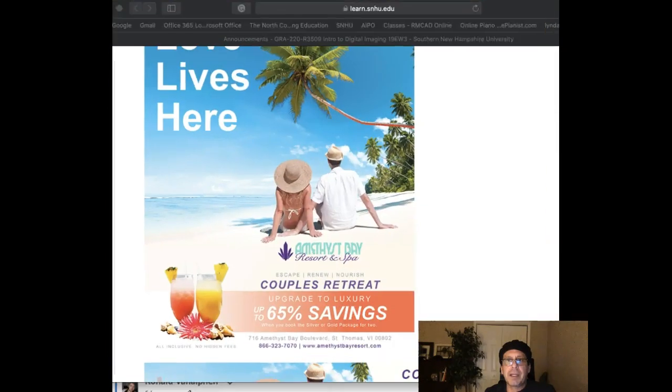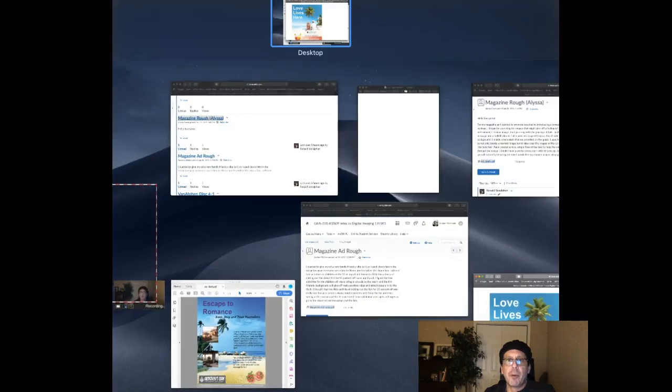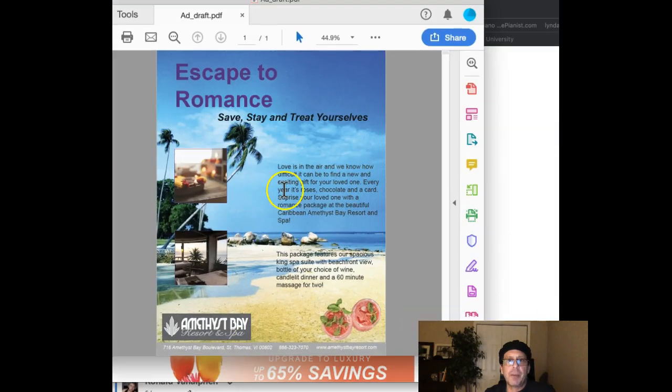How about an image with a couple in it? You're talking about a romance package. Let's find an image with a couple in it on the beach. All right, so let's do this. We replace that image with a couple on the beach. Then we'll say escape to romance. I would rather see that set as just one line, escape to romance, instead of two lines. Okay, escape to romance,